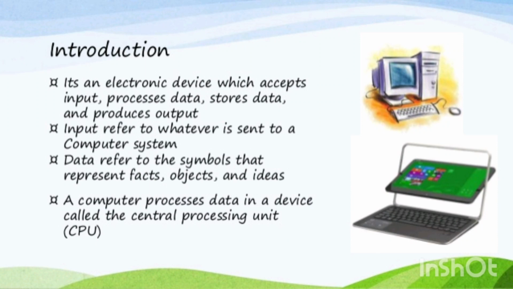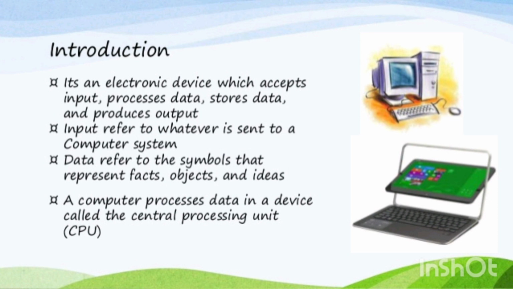As I already discussed with you, the computer is an electronic device. It processes the input and gives information as output. Here, input means whatever we are typing on the keyboard. Then it is processed using the central processing unit, called the CPU. After processing the data, it produces a given result, and the result is called information.